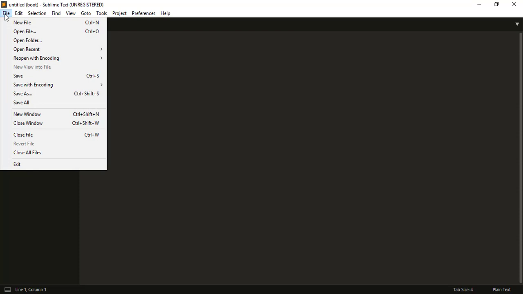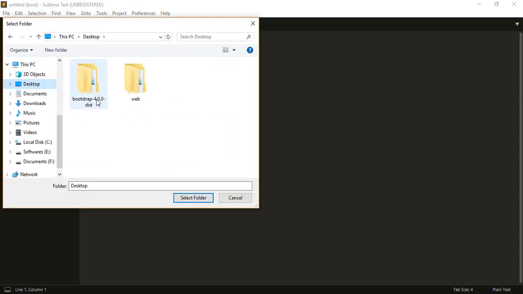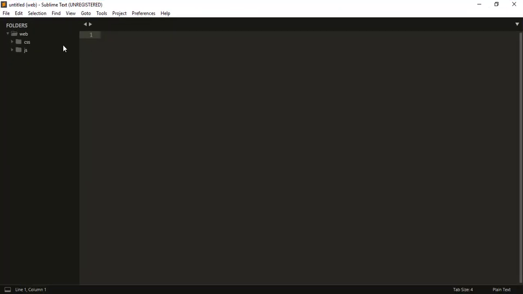So to open the new folder that you have just saved on the desktop and with which you want to work, click on the file and go to the open folder option, navigate to the desktop and click on the folder that you want to open in Sublime. It would just open a new window. So just close the previous one, maximize it, and here you are with the same folder that you have created